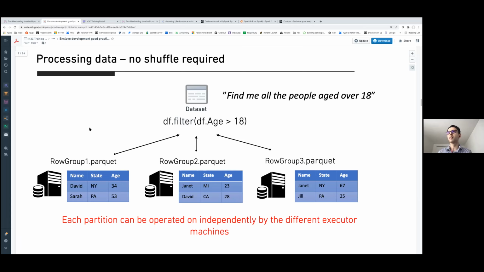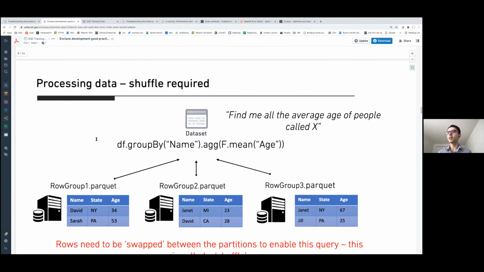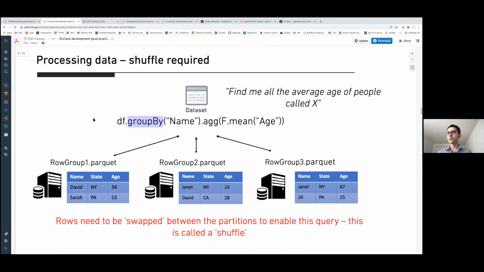especially when we deal with data at large scale. However, because of this model as well, some other queries, such as group by queries and aggregations, cannot run independently, because Spark has to look at all the partitions, merge them and swap them into a common place so that these types of queries are executed.